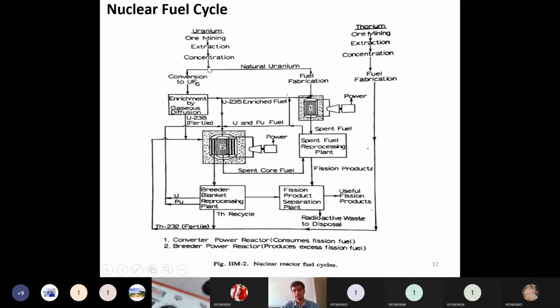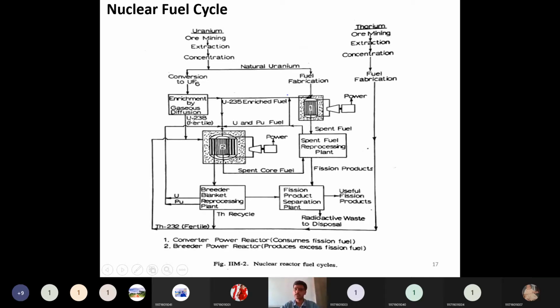If there are fertile fuels, they will be sent to enrichment by gases using UF6. Uranium hexafluoride will be used to enrich by gaseous diffusion, which means sorting out the fuel. In the sorting, the fertile fuels will be separated from the fission fuel. If the fission fuel like U235 is found, it will be sent to reactor 1, which